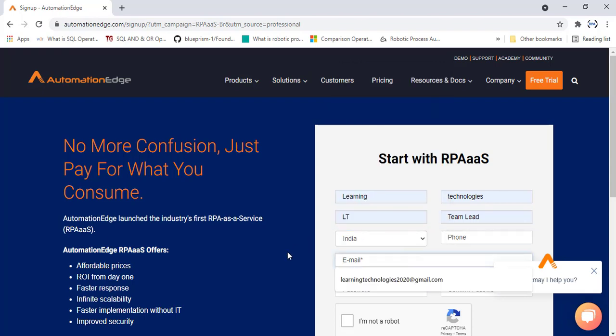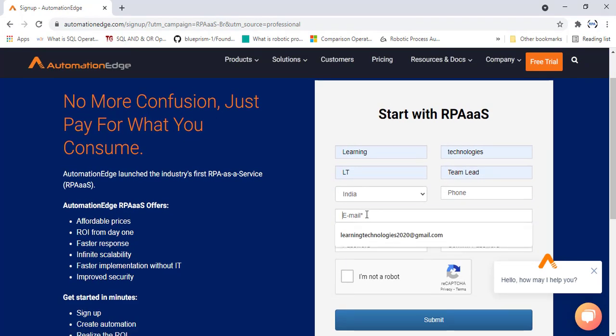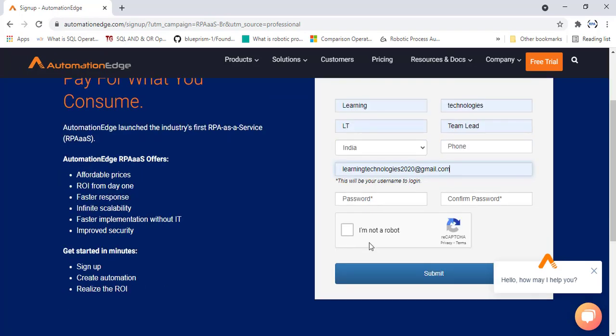Over here there are mandatory fields, that is the email ID and the password. I'm going to provide the email ID and the respective password, so that it will create a new account in Automation Edge based on the username. Then we are going to select the option I'm not a robot, and click on submit.